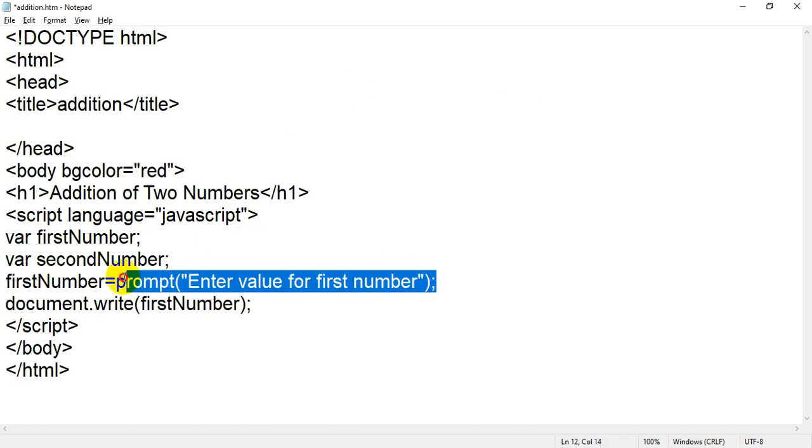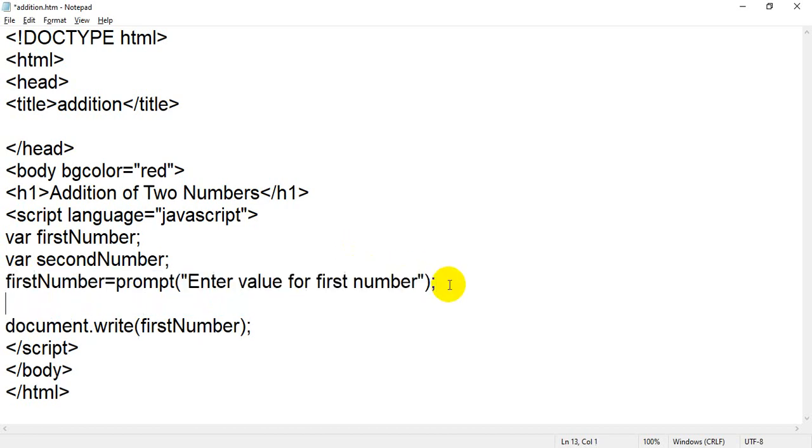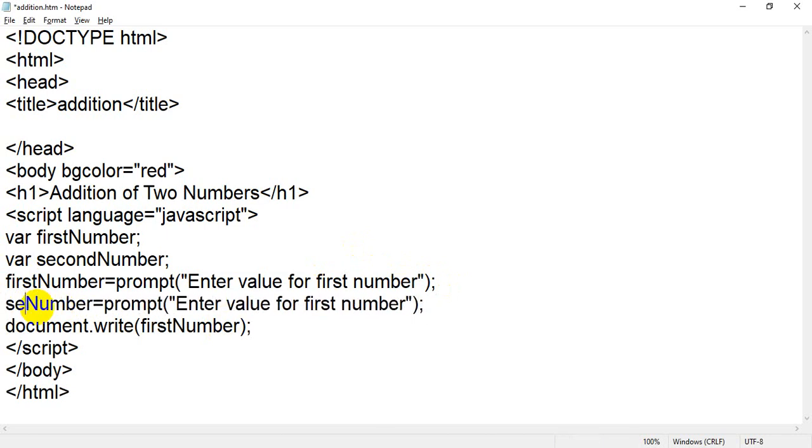Students, are you getting it or not? Just to save time, I am copying. Control C, I will write Control V, and instead of first I will change it to second. So now I have taken two variables. First variable is first number, second variable is second number.